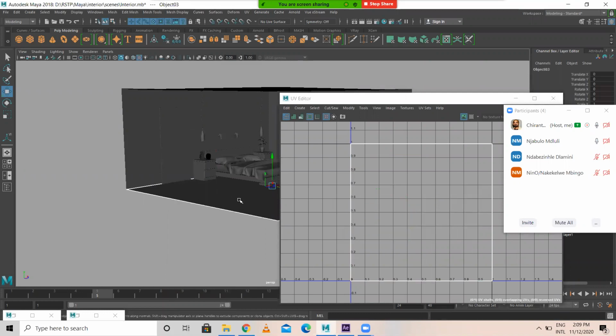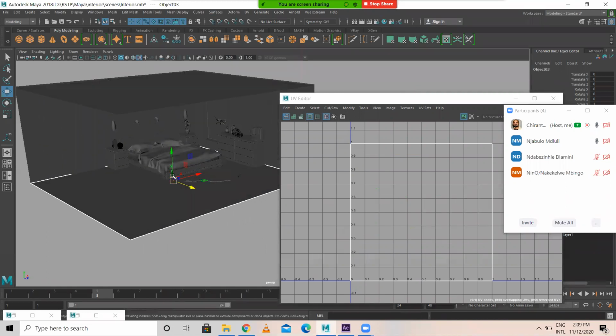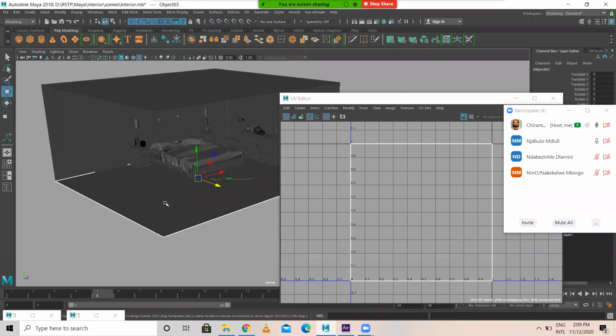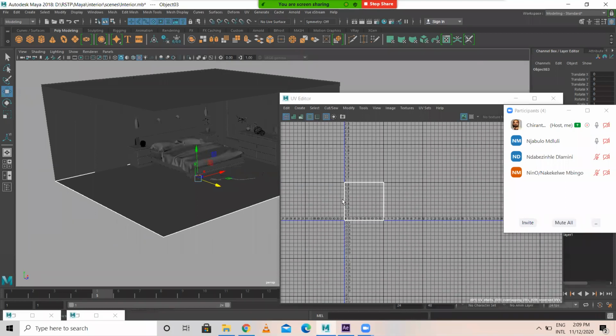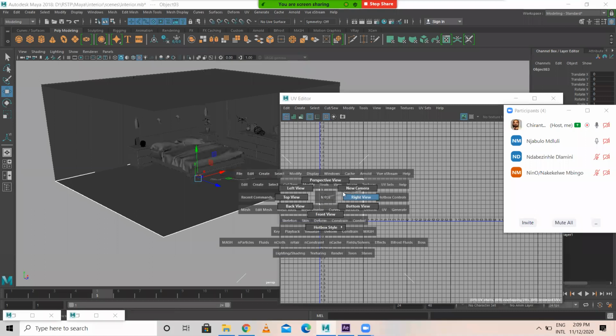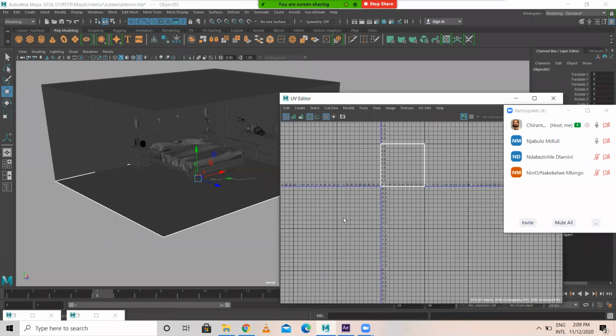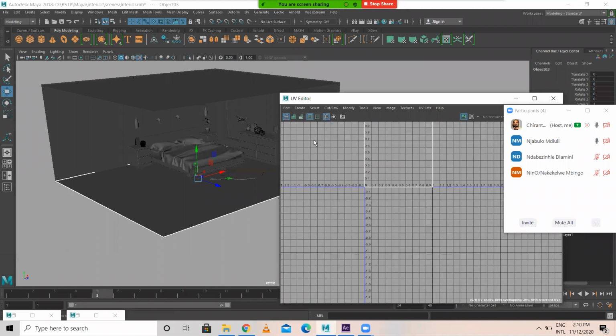Now what I'll do, I'm selecting this. Now, in which axis are you able to see this clearly? In which axis can you see this plane very clearly? See, in the UV texture editor, there are 4 panes. It's like 1, 2, 3, 4 like this. Here, it's like this.